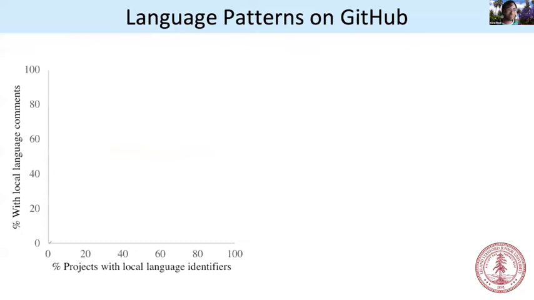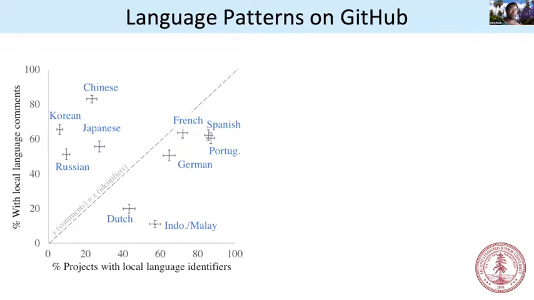So a little bit of suspense. Let's look at all this data. What's it going to tell us? Well, it tells us a pretty interesting story of how people code, and it's different by language. Like if we look at French speakers, they use a ton of French in their identifiers and a ton of French in their comments. If you look at Korean speakers, there's a very different pattern. Korean speakers, yes, they write a lot of Korean in their comments, but they hardly ever use Korean in their identifiers. And then there's other languages like Dutch where there's less of both.